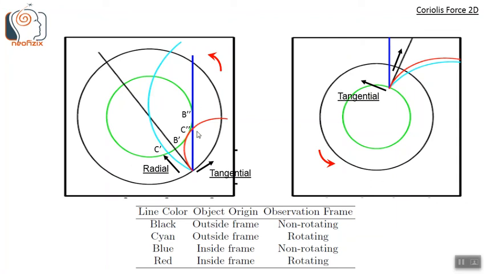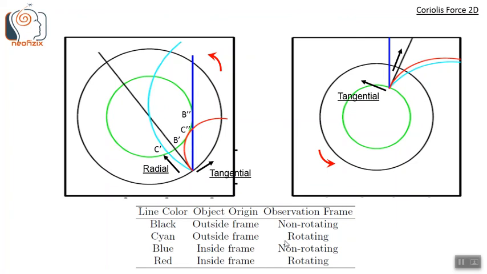These objects are like cannonballs being fired from within the rotating frame, but they are being observed from an inertial frame. They are not being observed within the rotating frame. Even though they are fired from the rotating frame, the blue line shows that they are observed from an inertial frame, which is at rest, not rotating. Hence, these objects fired from the rotating frame have to conserve their angular momentum. And also the resultant motion is due to the velocity addition of both the radial component due to cannon firing and the tangential component due to the rotating frame.